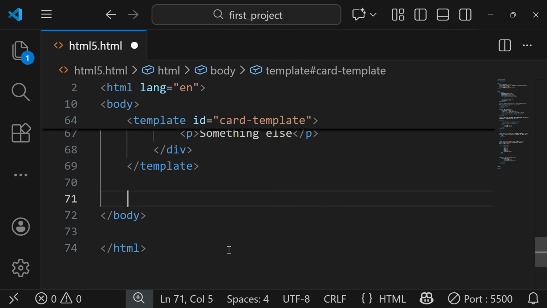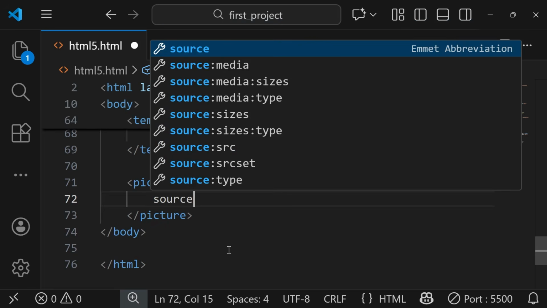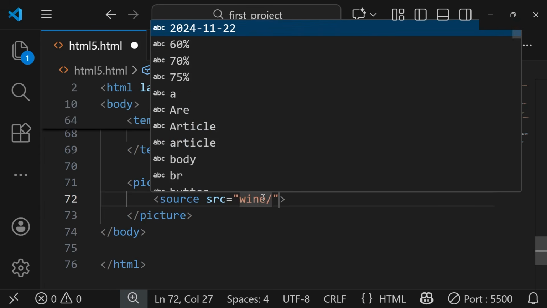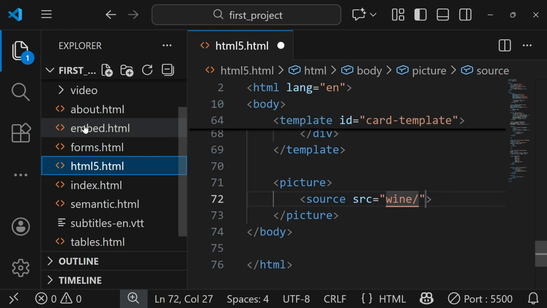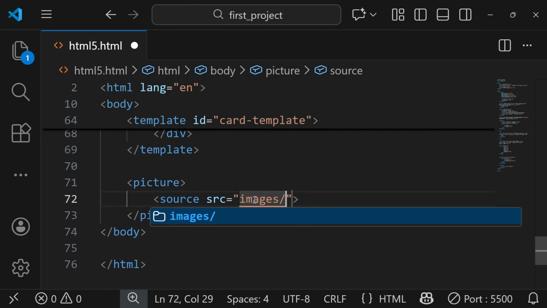Okay, let's use one more HTML5 tag, which is the picture tag. The picture tag gives us the ability to create multiple sources for our image, and depending on the screen size, one or the other will be loaded. It is very similar to providing srcset to an image. In this case, we're going to provide source, and let's use those 3 images we have for wines. Actually, it is called images, not wine, images slash